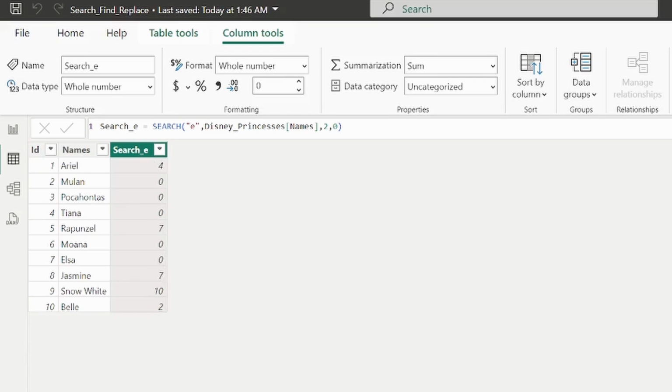The other thing you should take note of in search is that it is not case sensitive. With the exception of Elsa, all the princesses that have a small e in the name, we were able to find their position. In the case of Elsa, the first letter E is in capital. It's a big E. Although it's a big E, it was able to find the position of where that E is in the text. So irrespective of whether the letter is big or small, it is not case sensitive,